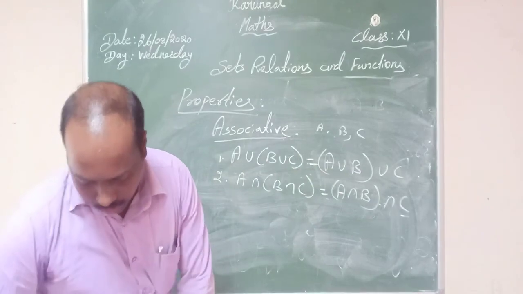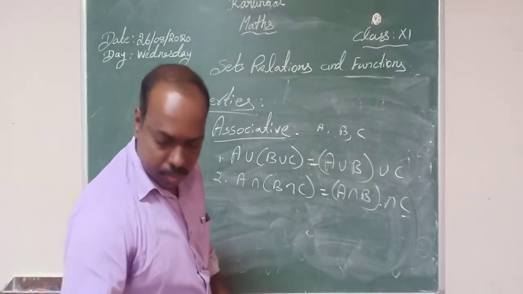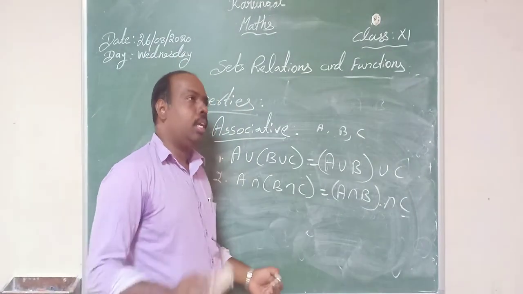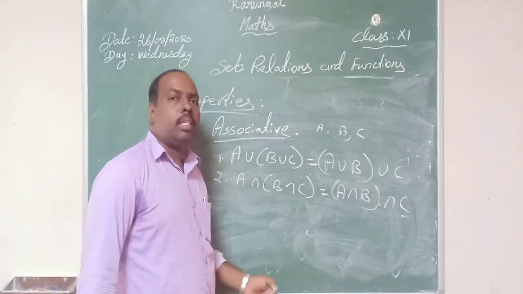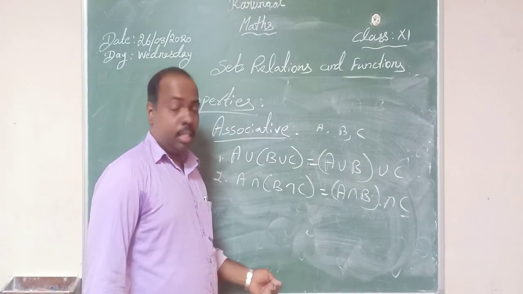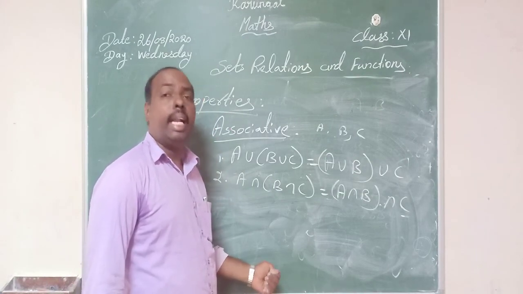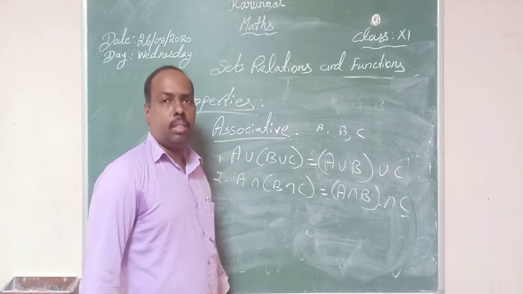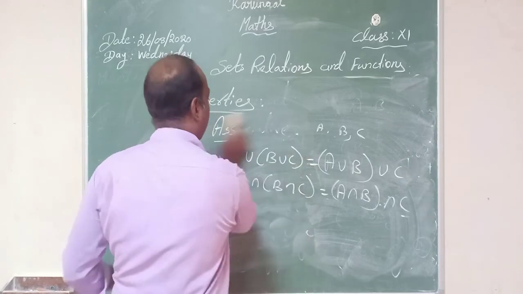Then De Morgan's law. De Morgan's, I think in 10th grade, it is a 5-mark question, am I right? It is a 5-mark question. State and verify, verify using Venn diagram De Morgan's law. You may know that, isn't it? So, what is the De